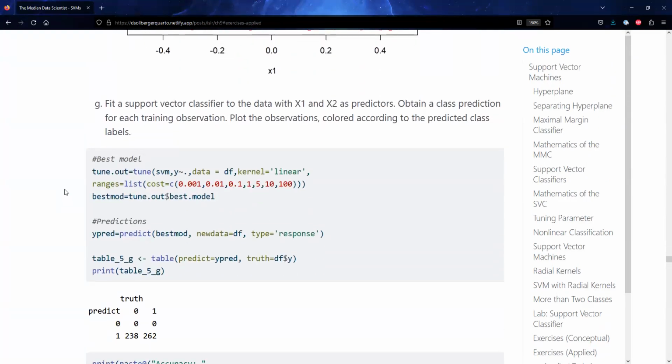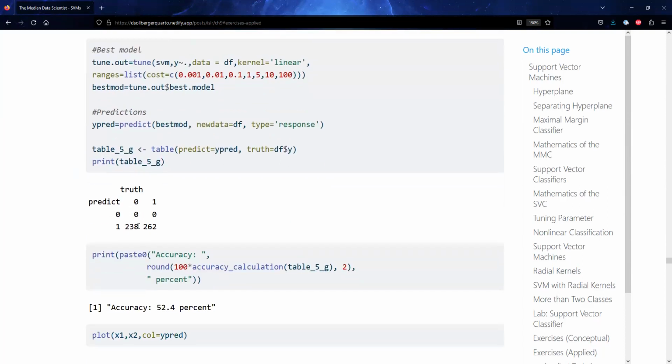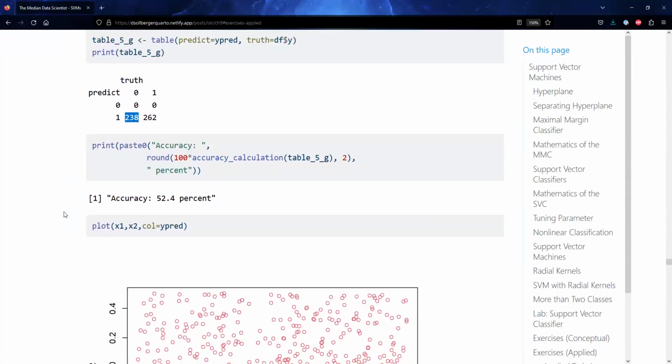Now that we see that logistic regression works, we're going to try out a support vector classifier. Just for the sake of trying out different models, we're going to start off with a linear model, trying several different values of cost so that we can perform a little bit of cross-validation. We see many misclassifications, and the accuracy is down to